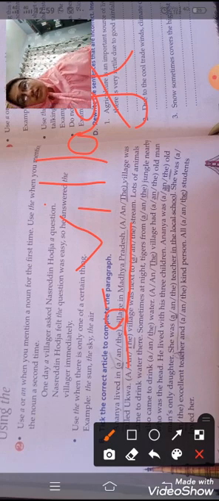Sorry, it is a consonant or vowel. V is a consonant. So for a consonant we always use a, and for vowels we use an. So here as it is a village, that is why we used the article a. Dash the village was. So again here V comes, correct? So here this rule applies.